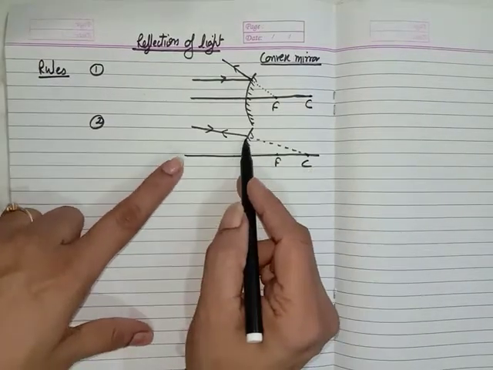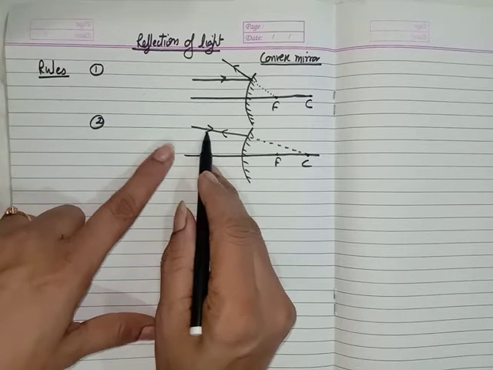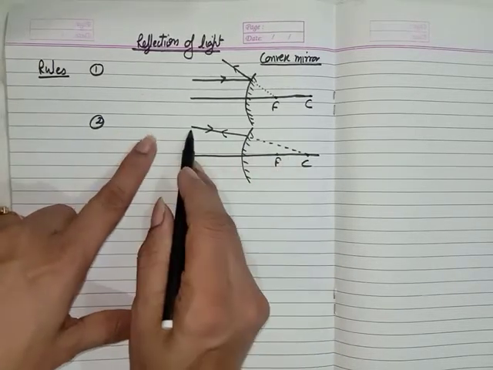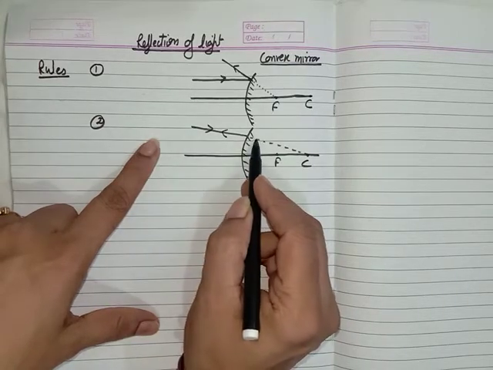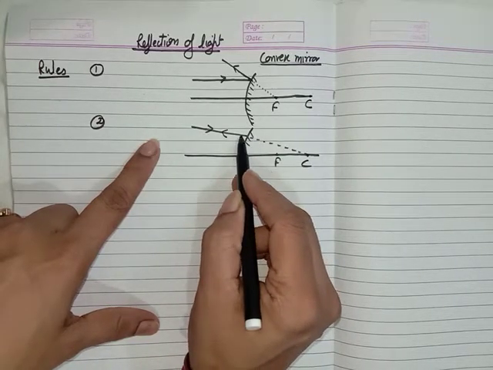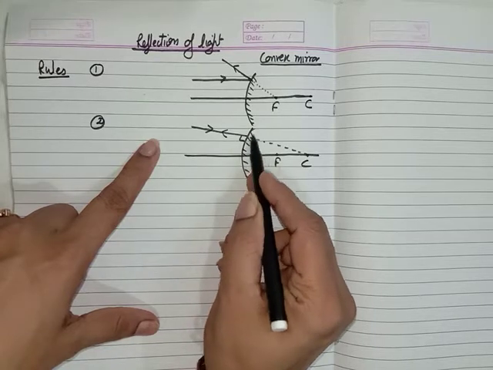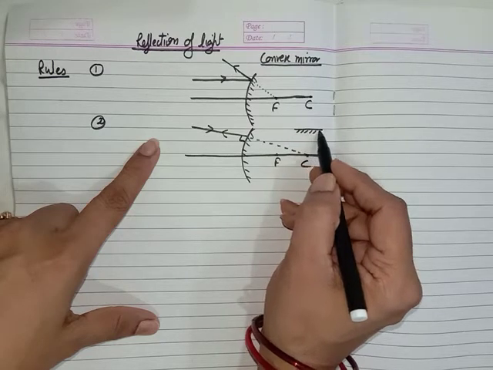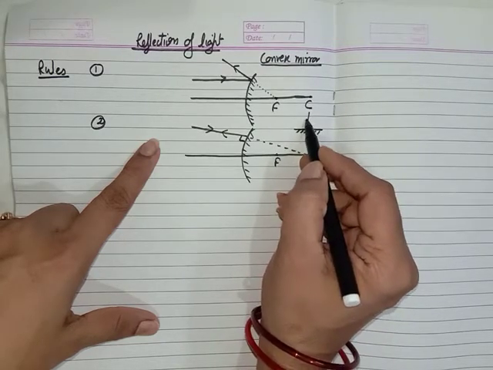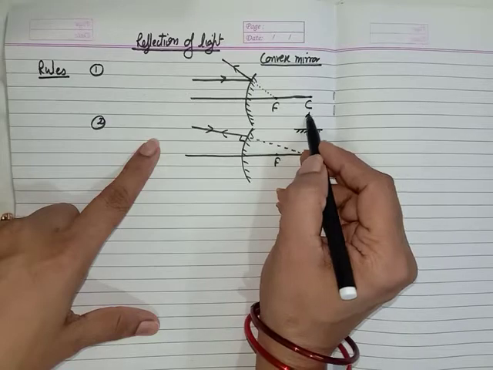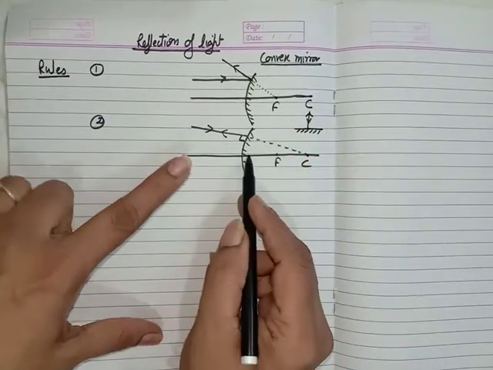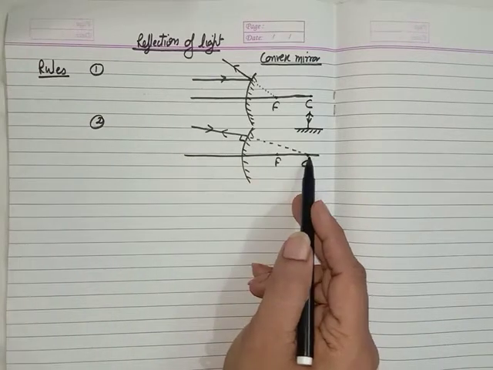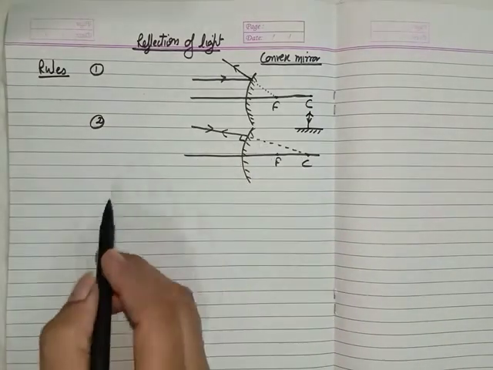What is the reason behind it, that the light ray after reflection from the mirror goes back along its path? Because we know that the line toward the center of curvature is perpendicular to the surface of the mirror, and if a light ray comes perpendicular to the mirror, it is always reflected on its own path. So this is the reason due to which the light ray which is coming towards the center of curvature is reflected along its own path.